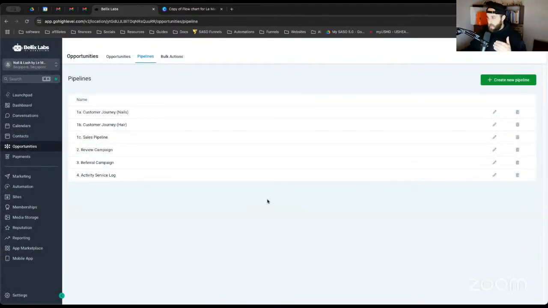And then if they have the nail tag, you want them to come back in 4 weeks. If they have the hair tag, you have an opportunity that says we want you to come back in 6 months, a year. It could even be different tags based on what kind of hairstyle they had, or just saying, hey, it's been 31 days, and then we'll add them to the list of promotions. So I'd probably go with this sales pipeline,